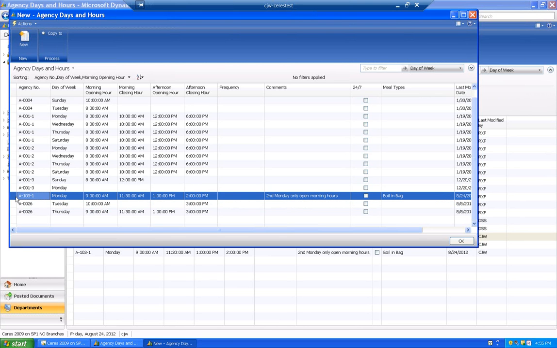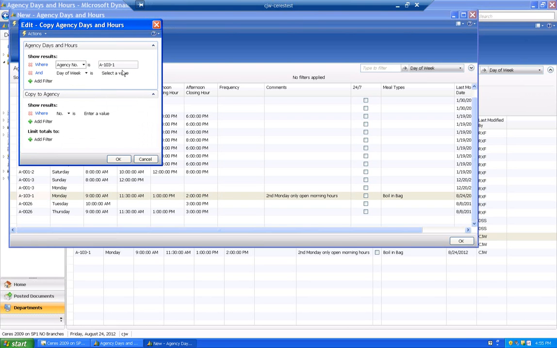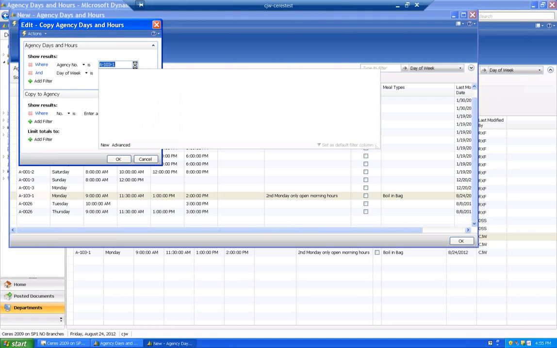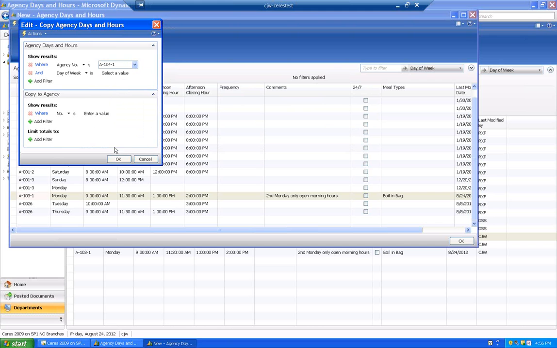The copy to functionality, so it says if you have several agencies with similar hours, you may use the copy function to update other agencies, and you would use the function button to select copy to, and you can select what agency you want to copy this information to. So if I want to copy it from A-1031 to A-1041,